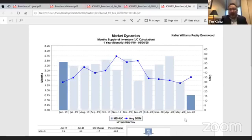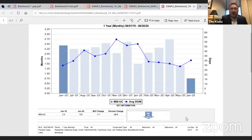This is the document here. It says 0.8. So if you look at the bottom left-hand side, you'll see it says June of '19. We were sitting at 2.4 months. Okay, 2.4 months in 2019 still says that it's a seller's market. Sellers have control. If not one more property went on the market, you've got about